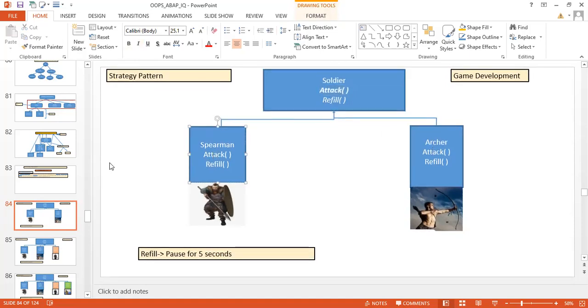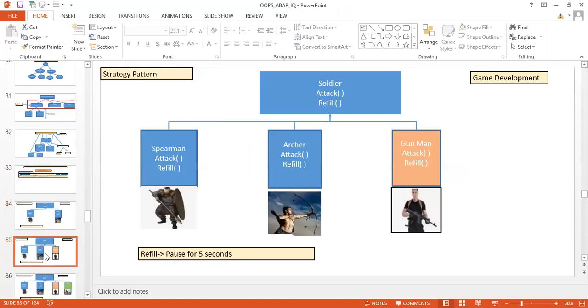But the problem over here is not this much. Just go ahead and let us see what the problem is. Okay, so here you can see that we added another soldier called gunman. For this gunman, attack and refill, right?